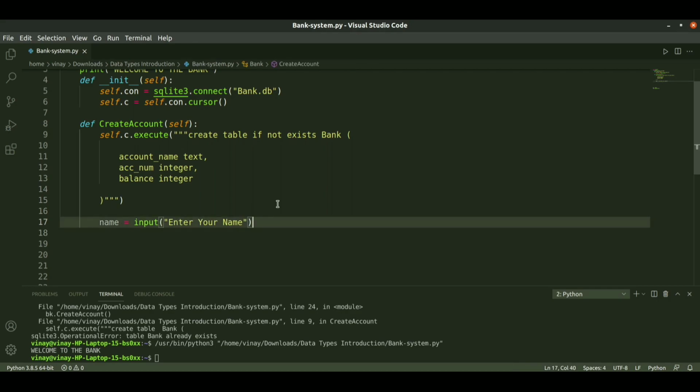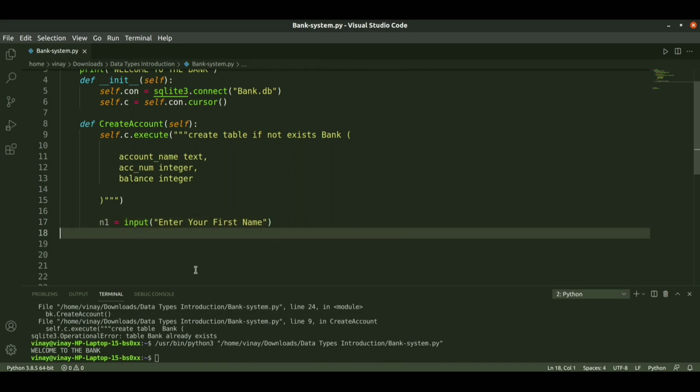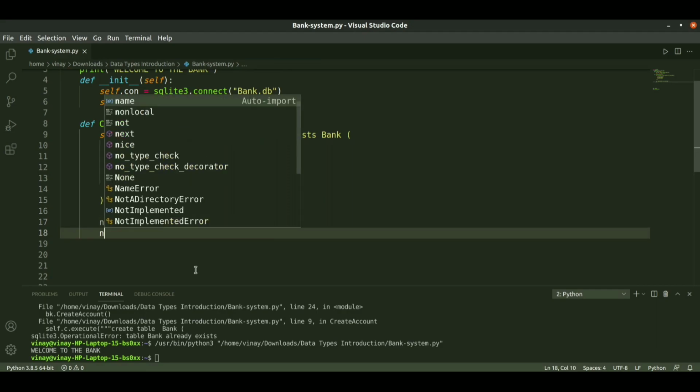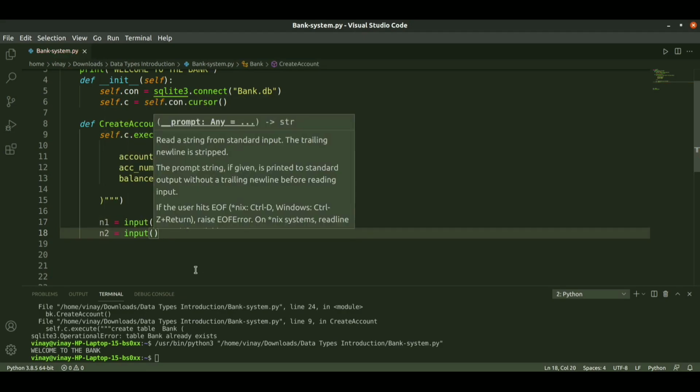So by this name we will create him an account. But it is optional, I am telling you that I will check whether the name is valid or not. So for this, you can skip it or take it directly as name, but I am checking optionally, since it looks somewhat better. n1: I am taking the first name, enter your first name. So the user enters the name, and n2 is equal to input of